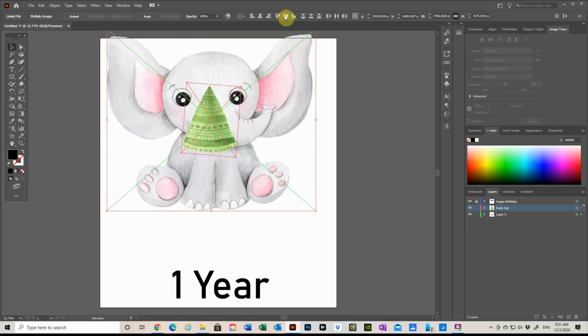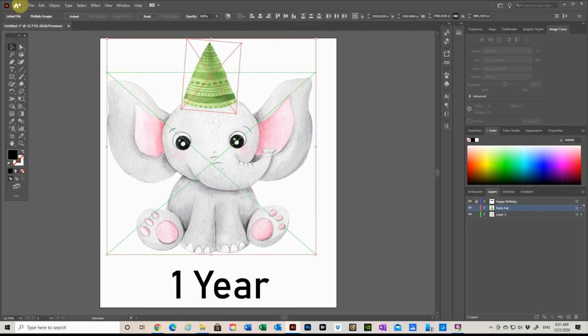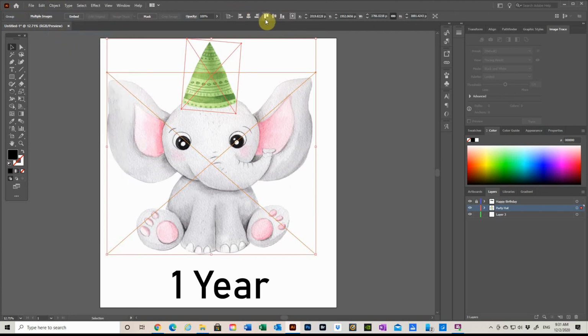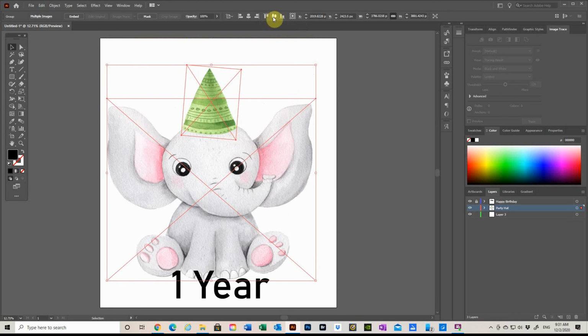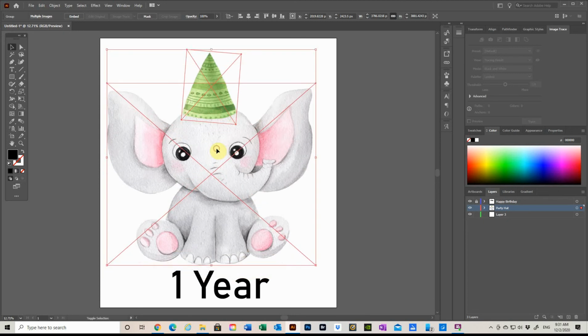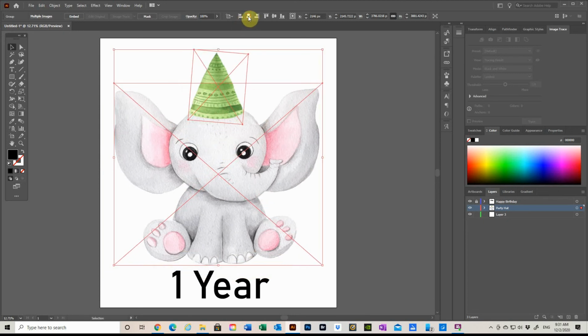Where did it go? I didn't group it. It's too low. Move it up. Okay.